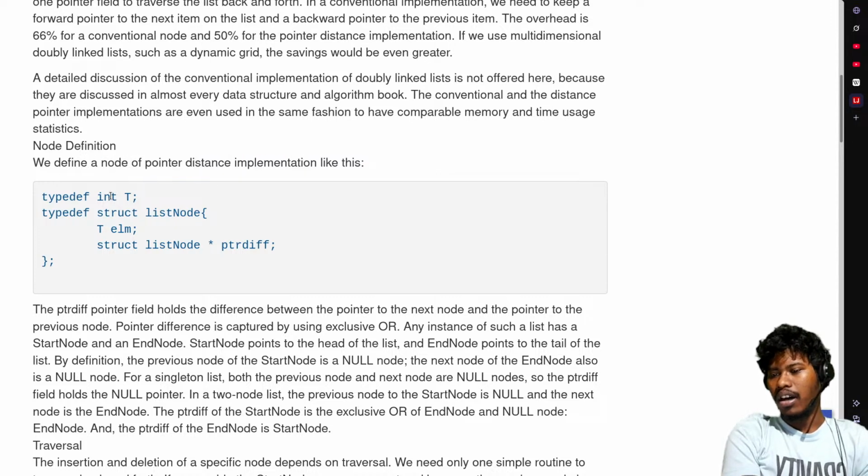We have a T, and then a struct list node, that is a T of elm, and the struct node pointer diff. The pointer difference field holds a difference between the pointer to the next node